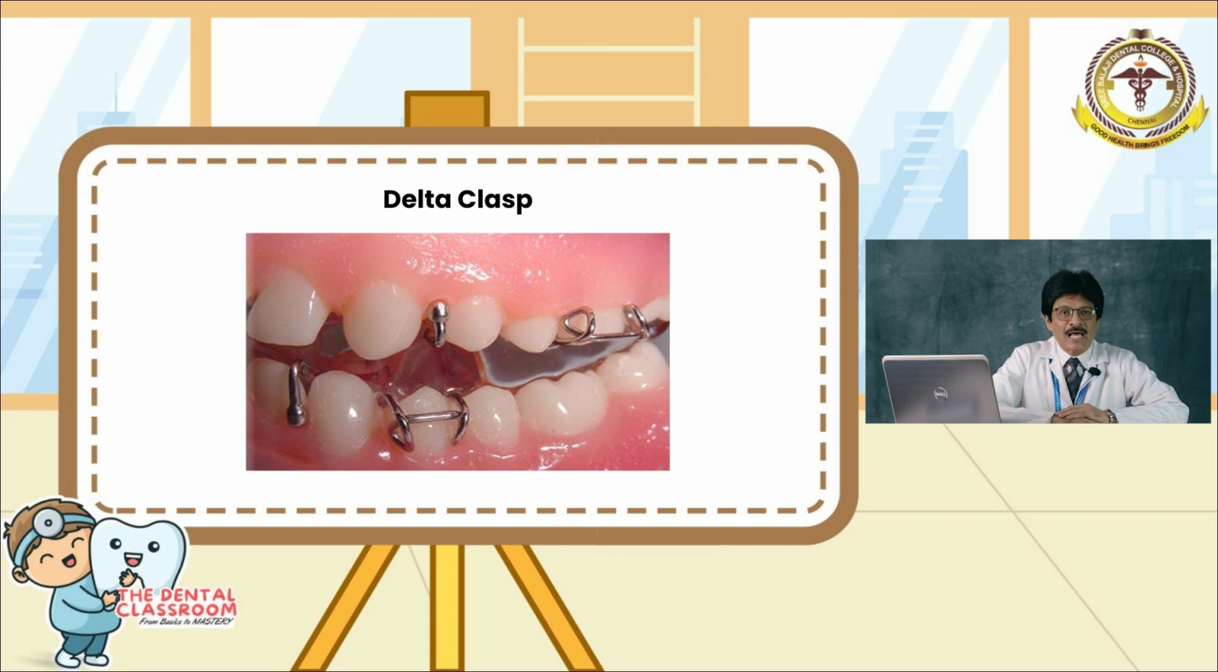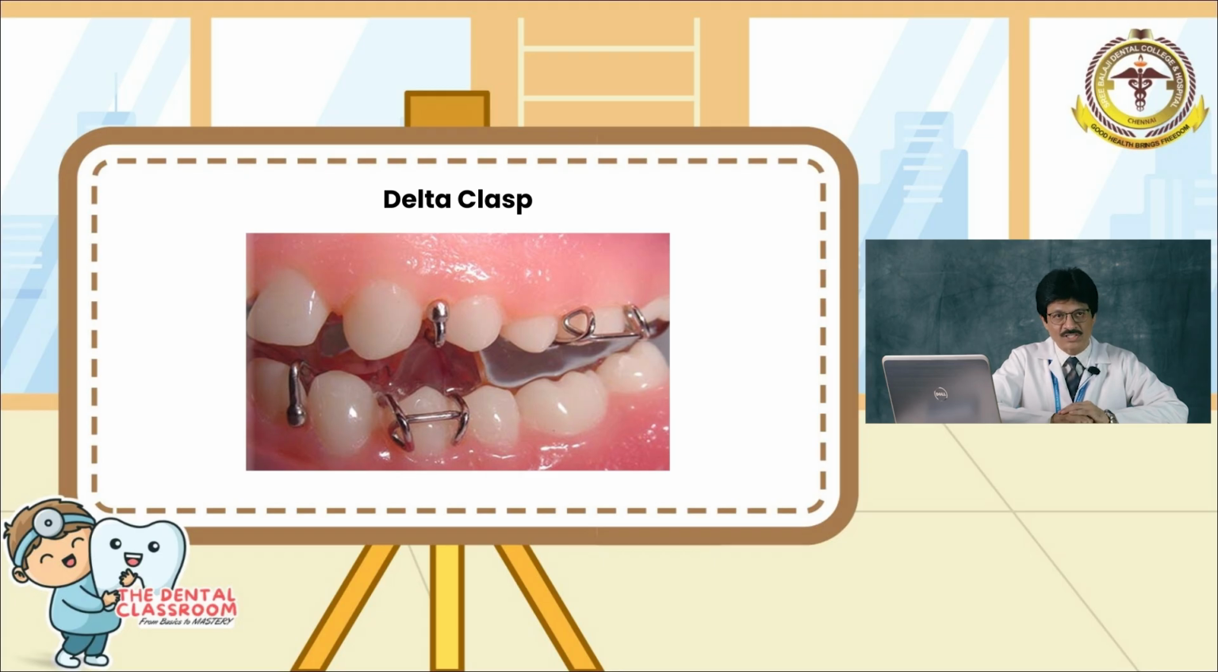Then we have the delta clasp. We all know twin block appliance normally uses this type of clasp, because in an Adams clasp, due to repeated adjustment of the clasp, it could fracture, whereas this is more resilient and it stays put until the end of the active twin block treatment. So it is most commonly used during the fabrication of twin block. But even an Adams clasp could be used in place of a delta clasp for the fabrication of